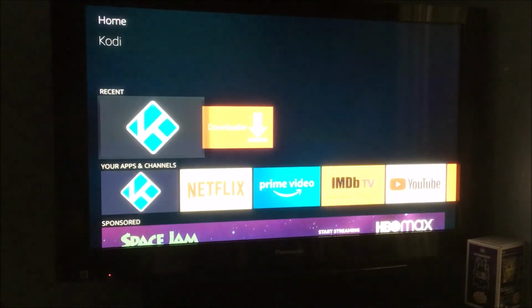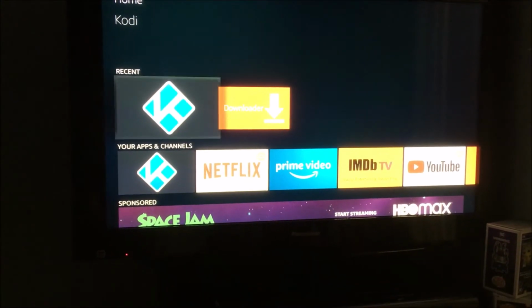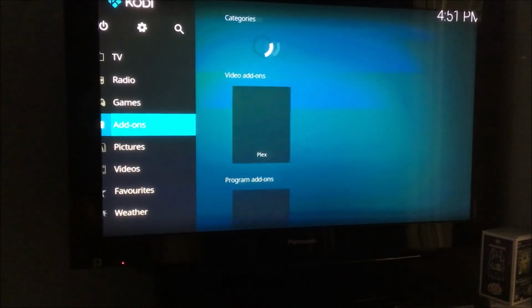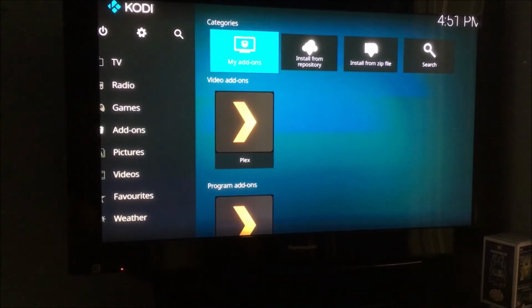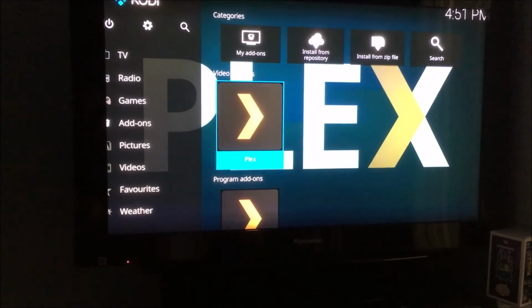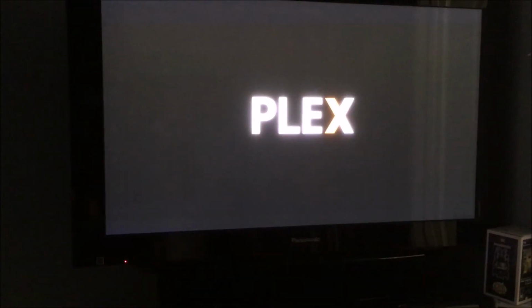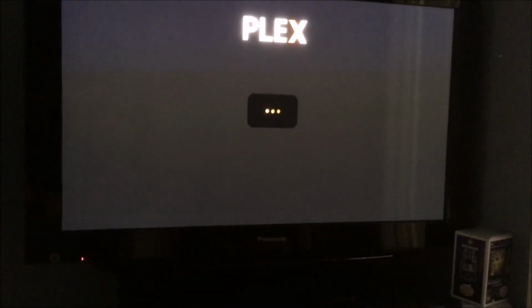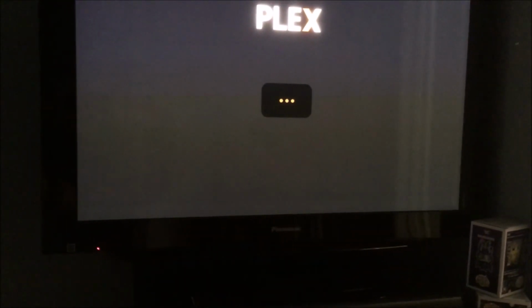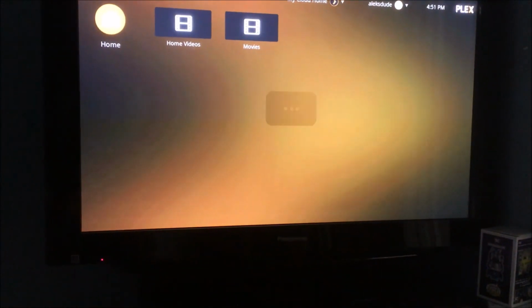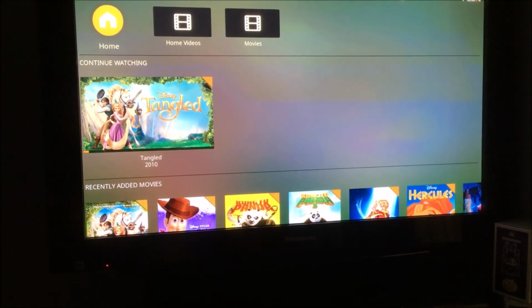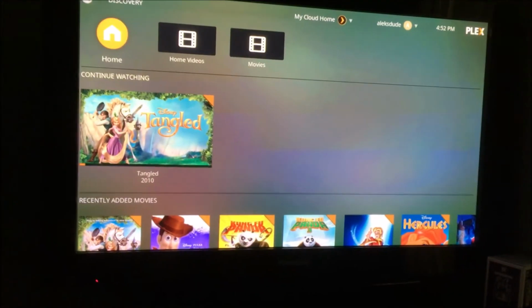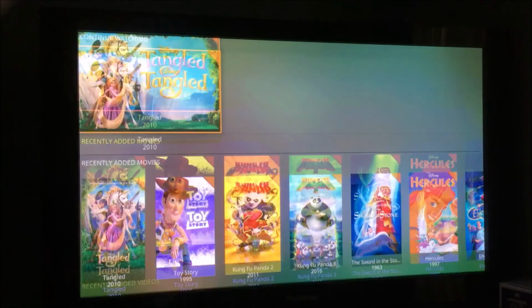You can instead install Kodi, which I did, and then install Plex as an add-on. And if you do that, then you can watch those unsecured videos of the Mycloud Home hard drive that's at a remote location, not within the LAN. So these videos here are on a different network than Mycloud Home. Over here you can see, one thing I wanted to mention is when you do this, it will probably show